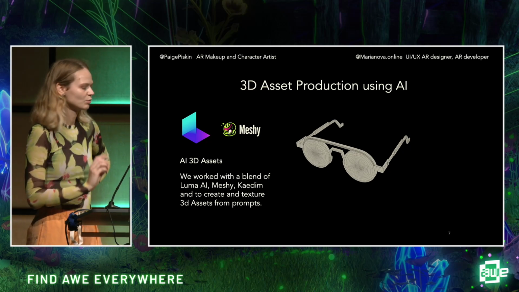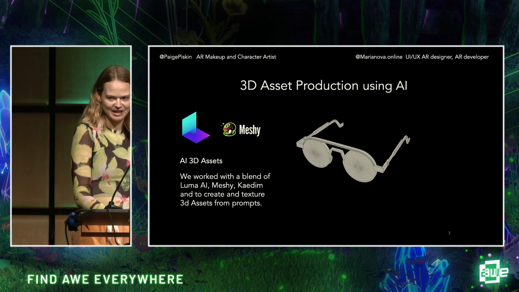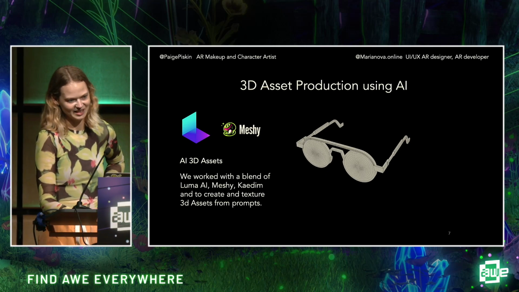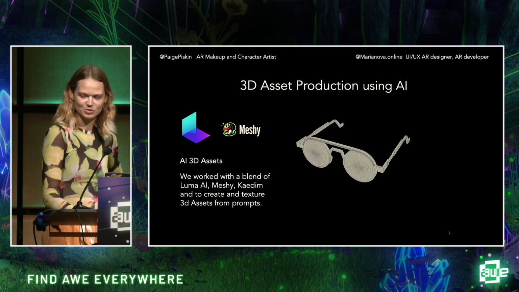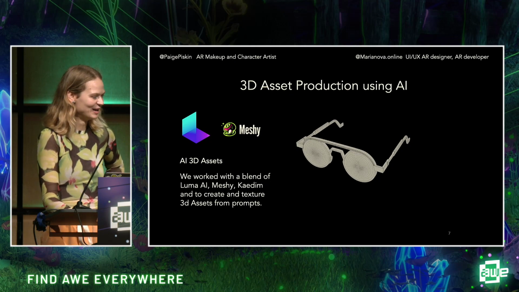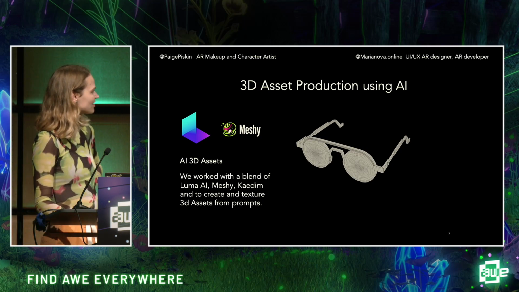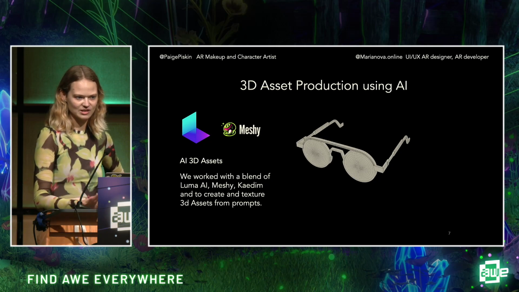That one is generated by the software called Kaedim 3D. So there was a little cheat hack here, actually, because we are not really sure how much of an AI software it is. They claim to be AI, but there is a lot of talk that there are people behind the scenes making the 3D models. But Paige says that she was able to get a 3D model out of her drawing in just 10 minutes from that